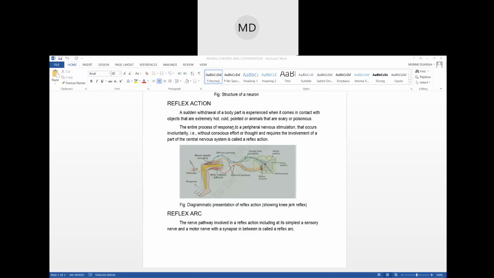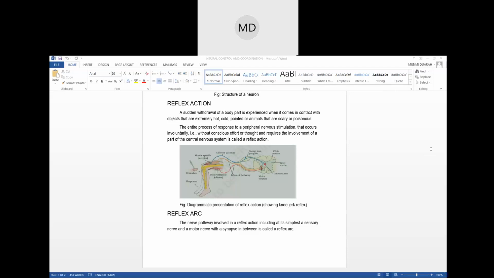Like if some fly or some dust particles or whatever it is comes near your eyes, you shut your eyes within no time, right? Within seconds. So that is reflex action. So whenever you touch something that is hot or cold, or some pointed objects, if you touch it, right? And then if you see something scary,